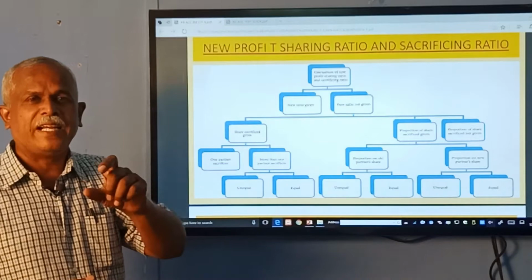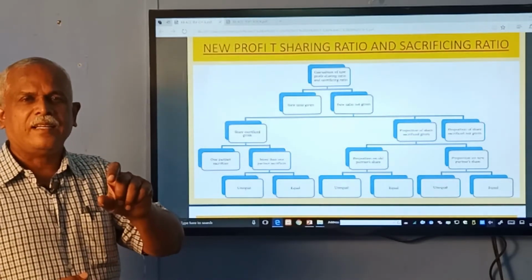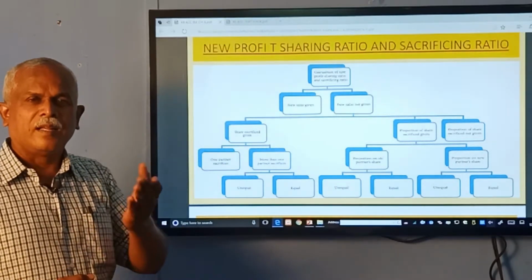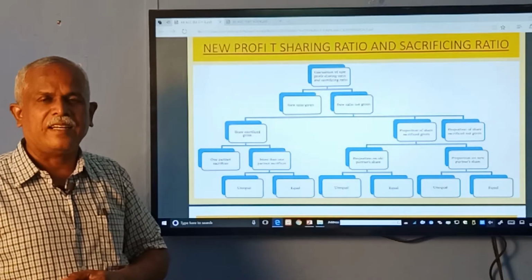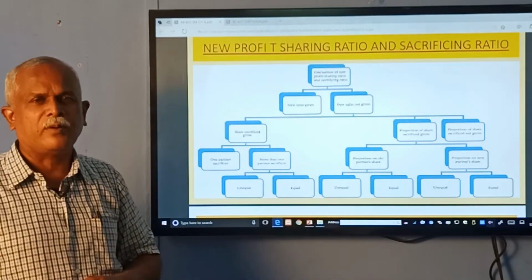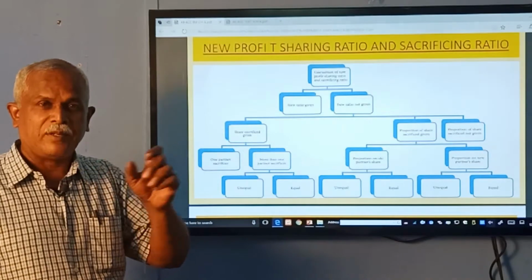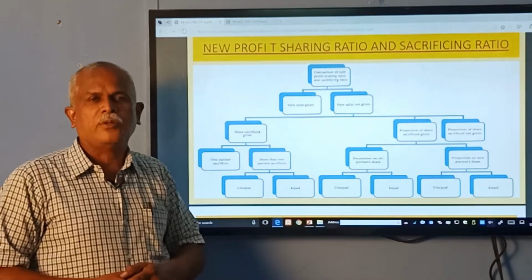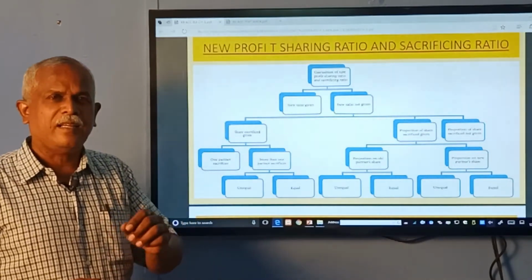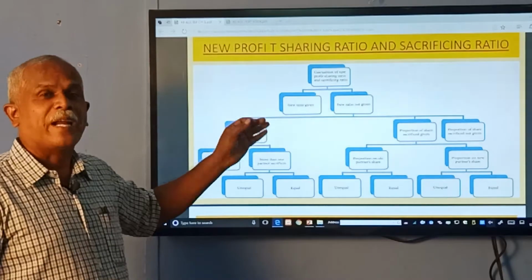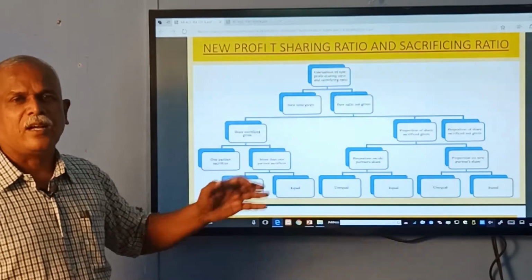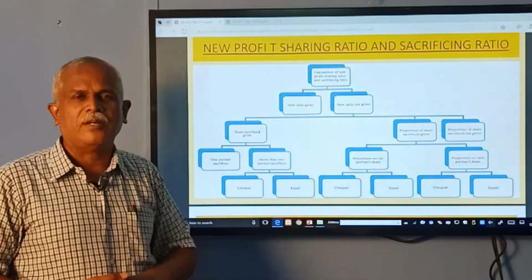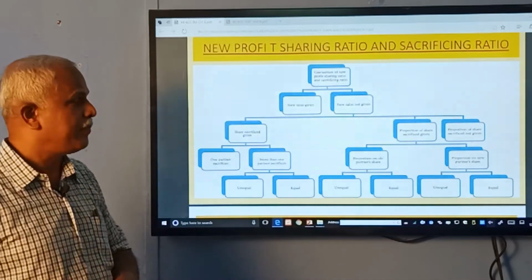Each one is explained practically by giving suitable illustrations. Go through it, do the exercise part, understand each method is distinct from one another. You are sure to get a question from this, how to calculate the new ratio and sacrificing ratio. So, kindly take a little more interest to do practical sums to understand the concept, how the new ratio and sacrificing ratio are calculated, which is very important.